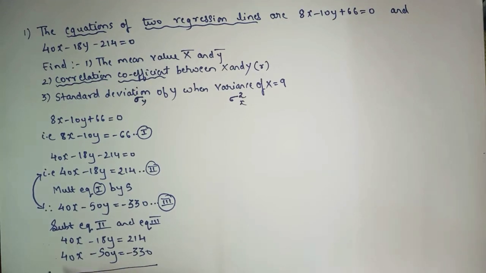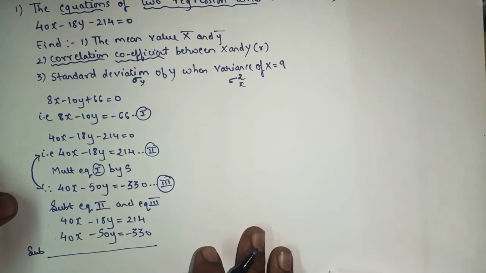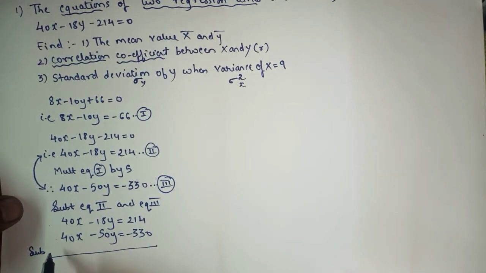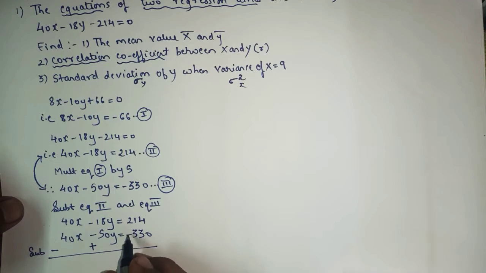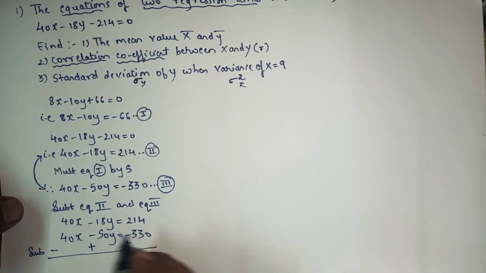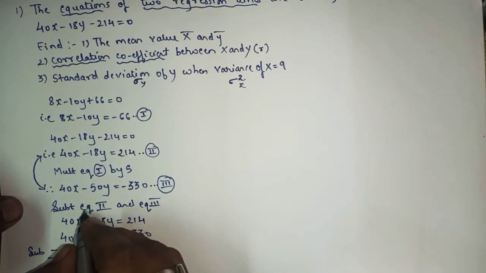So here we have to do subtraction, yes or no? So subtraction means what? Minus. So here we'll write minus. If we write minus here, so minus minus will be what? Plus. As I hope you all might be knowing, the symbol of equation number 2 will change. So this will cancel,